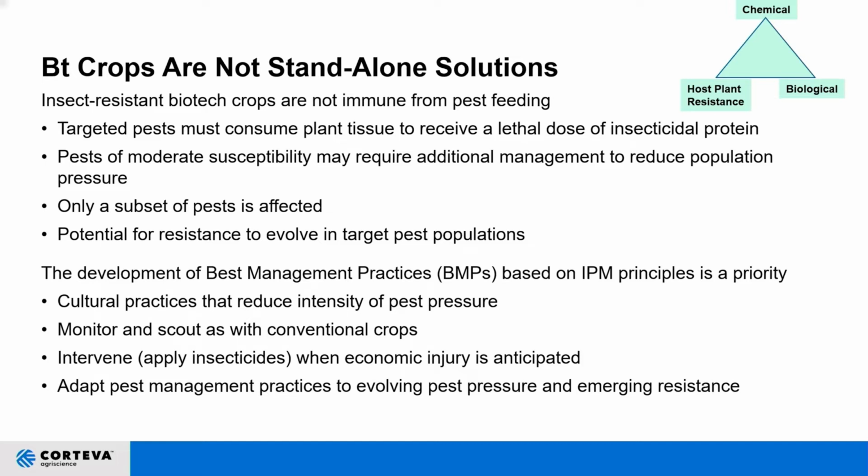for resistance evolution. So this means that we need to develop what we call best management practices in association with growing biotech crops. And these are based on the same IPM principles that we've already heard about. This is an important component of biotechnology in agriculture. So using those same cultural practices that reduce the intensity of pest pressure, continuing to monitor and scout just as with conventional crops, intervening, in this case applying insecticides, only when economic injury is anticipated, just as is done with